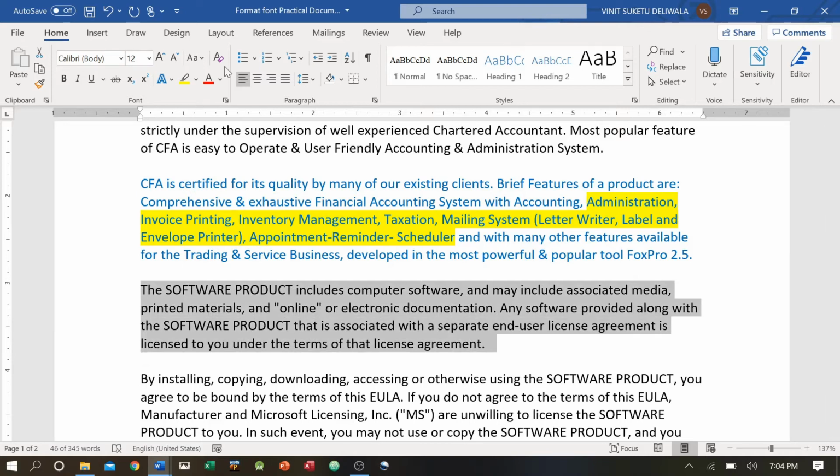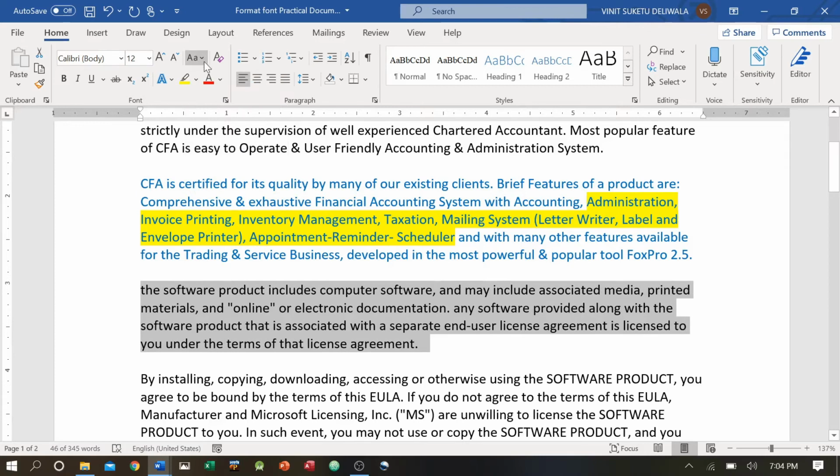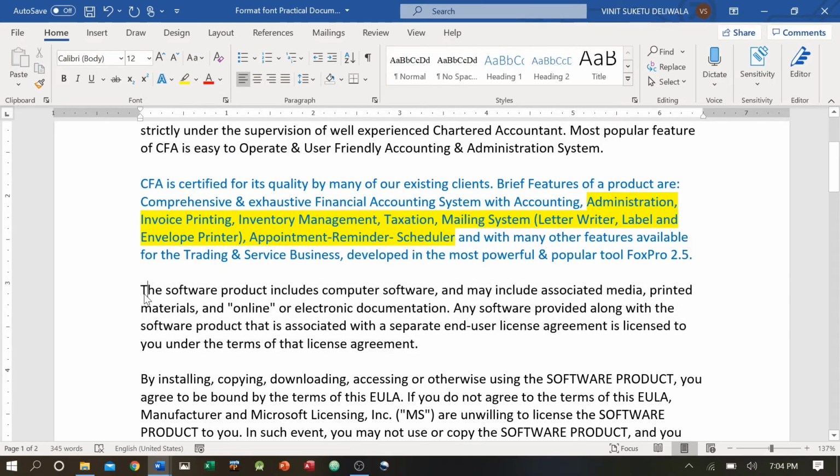You have at least two sentences over here. First I'll make it small. Okay, everything is small. Now I'll say sentence case. You can see the first character of the sentence is capital. Here is a full stop. You have a second sentence starting from here. In this case, the first letter is capital. So every sentence begins with a capital letter. That is what we know as change case.